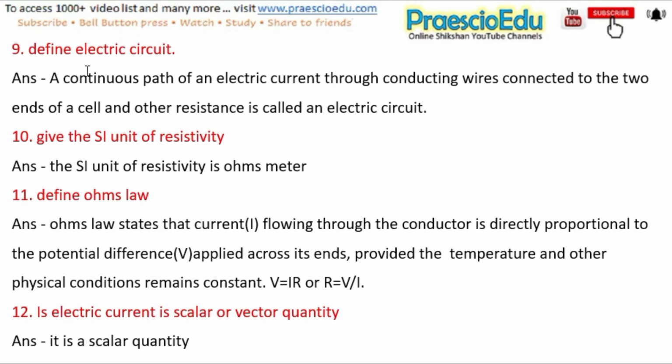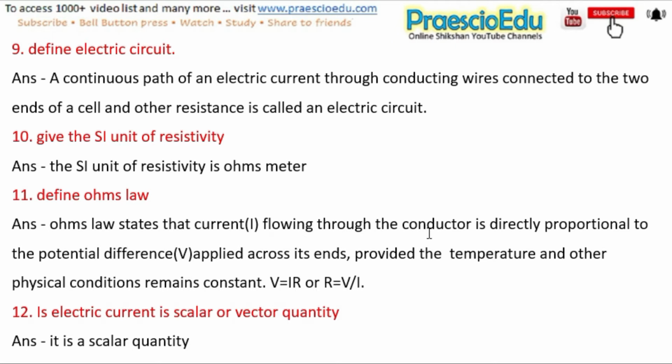Next one is define electric circuit, and the answer is a continuous path of an electric current through conducting wires connecting the two ends of a cell and other resistance is called an electric circuit. Next one is give the SI unit of resistivity, and the answer is the SI unit of resistivity is ohm meter. Next one is define Ohm's law, and the answer is Ohm's law states that